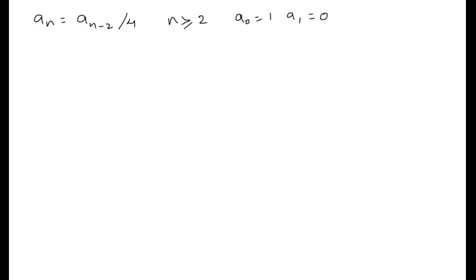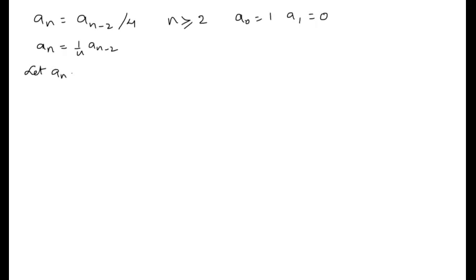We will see one more problem on the recurrence relation an equal to an minus 2 minus 4. This is also homogeneous linear recurrence relation. We can also write it as an equal to 1 by 4 into an minus 2. If you observe here, the coefficient is 1 by 4. As I said in the definition, the coefficients are real numbers. So it is 1 by 4 is accepted.